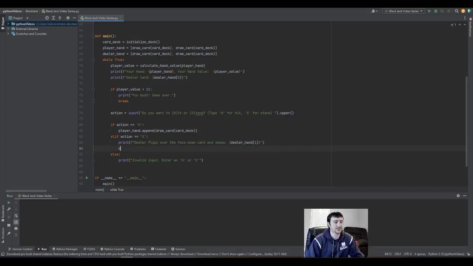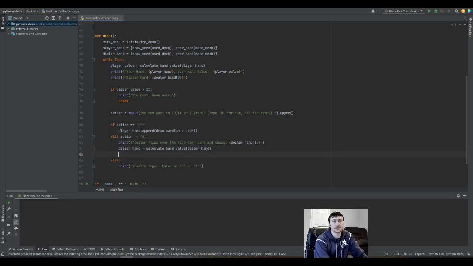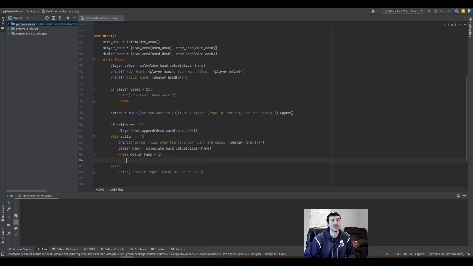And then the dealer in their head is going to calculate the value, but everyone's going to be doing this as well. He'll announce it. That's the dealer's hand value. Next we need to do a little while loop. The dealer is supposed to hit until they reach 17. So if the dealer has already reached 17, this while loop would not run. Their hand would be done being built, but the dealer's going to keep adding cards until their hand is 17. So we add a new card here